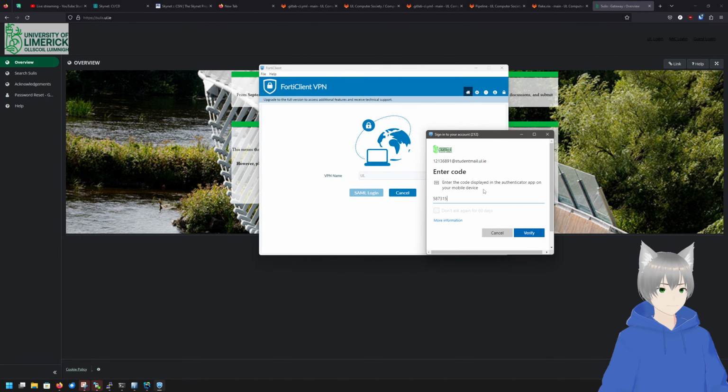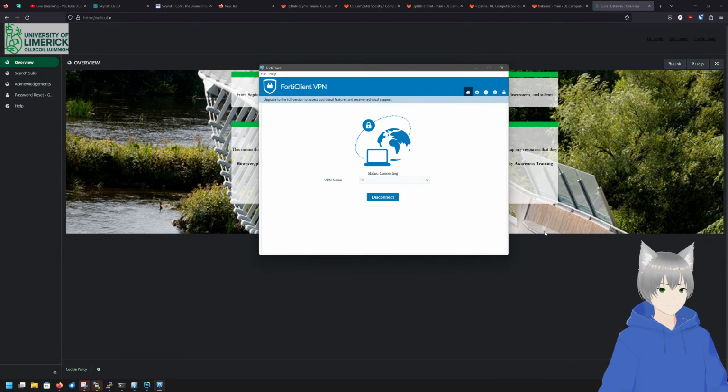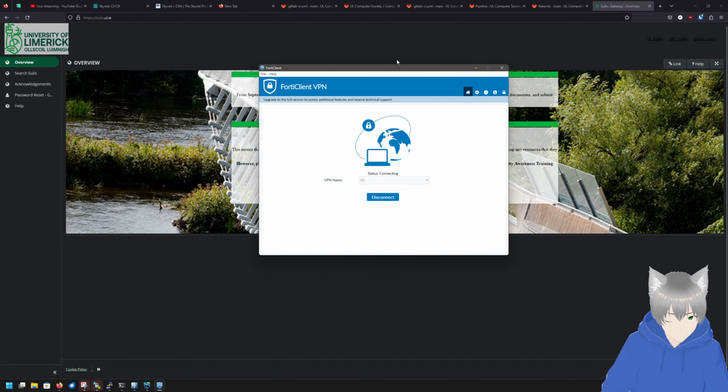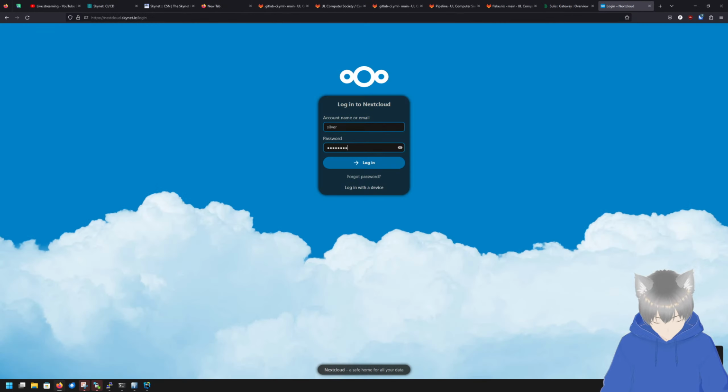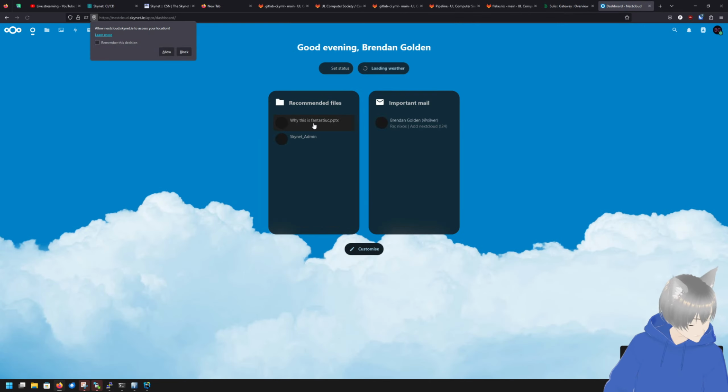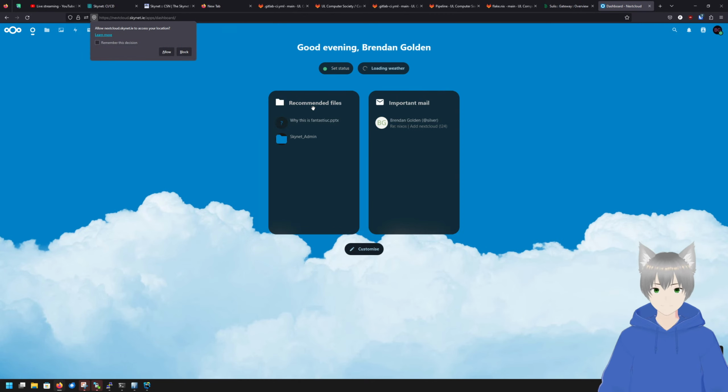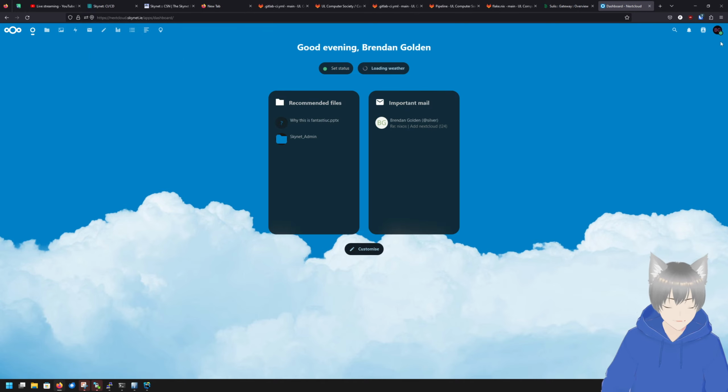And what's more, I cannot tick that don't ask for 60 days. On Linux you can. I really need to update my password. Okay, so I may as well allow.